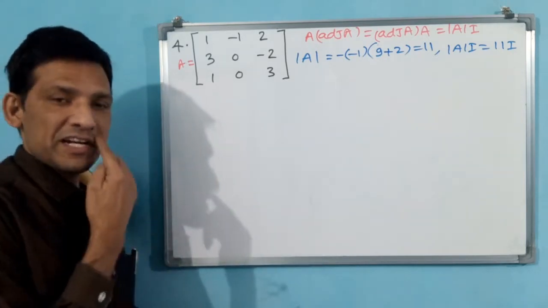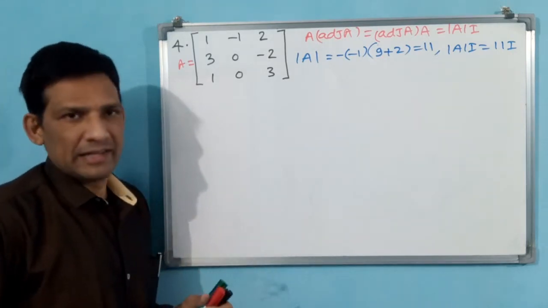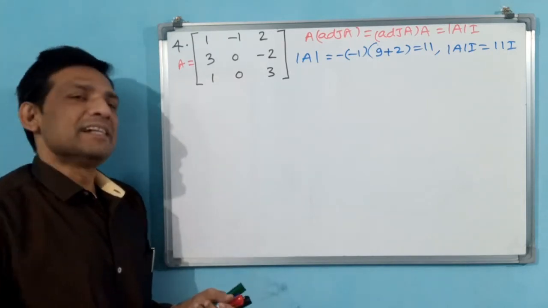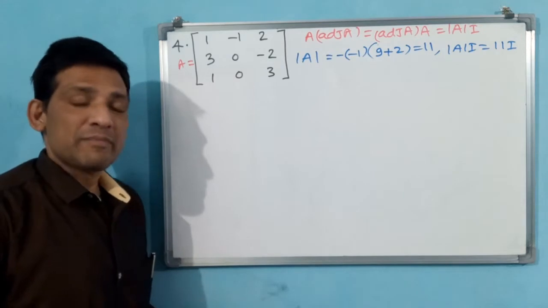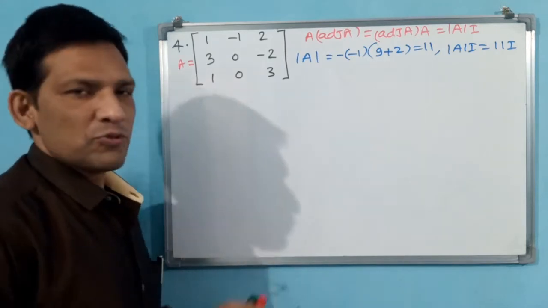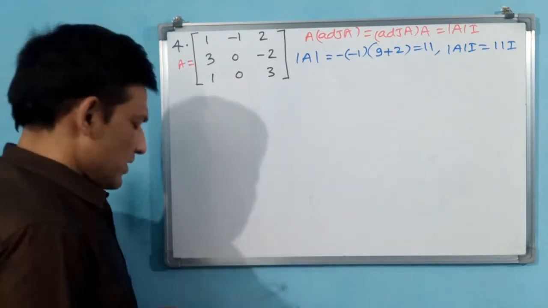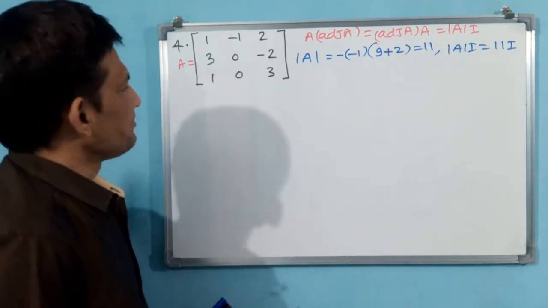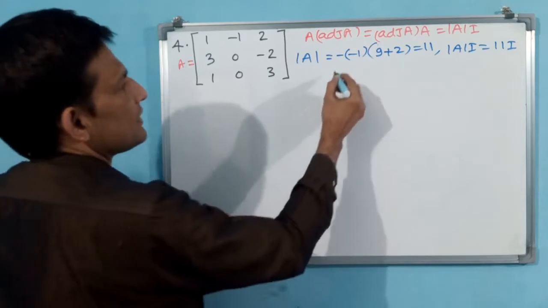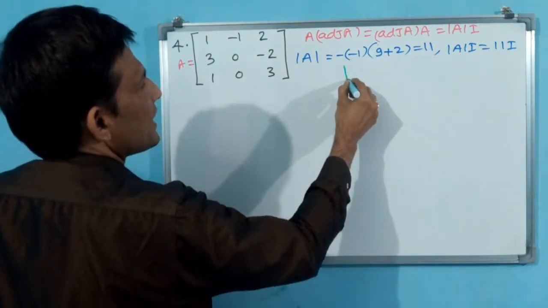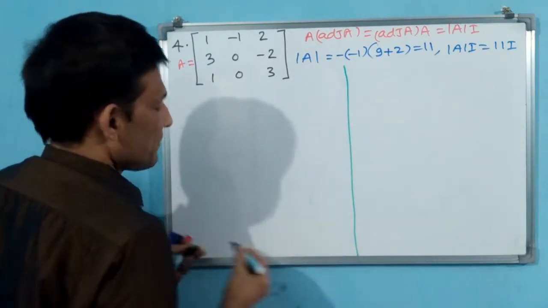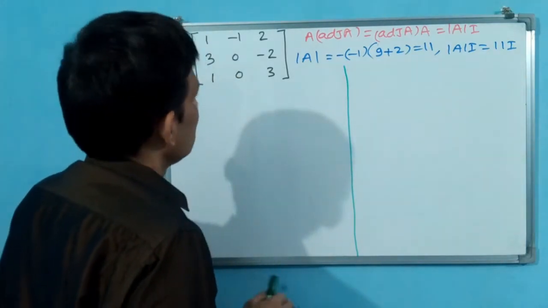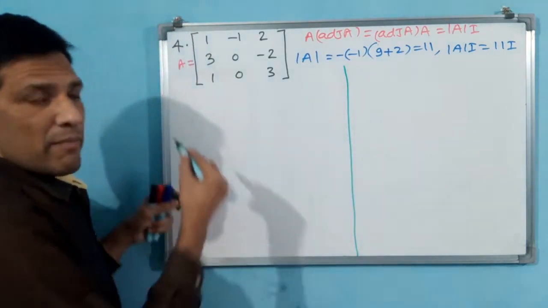See, here adjoint A you cannot find directly like in 2 by 2. You have to go for minors, cofactors, then transpose the cofactors and write in matrix form. That is going to be called adjoint A. Let us do it. Okay. Let us do that one. Okay. What I am doing, let me put one line here. Okay. Let us do it like this. Okay. See, I am writing minors first.